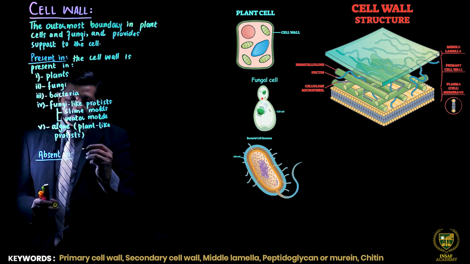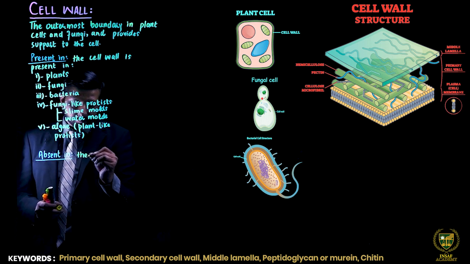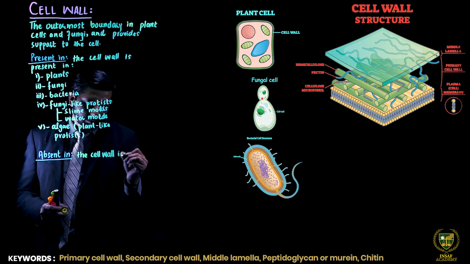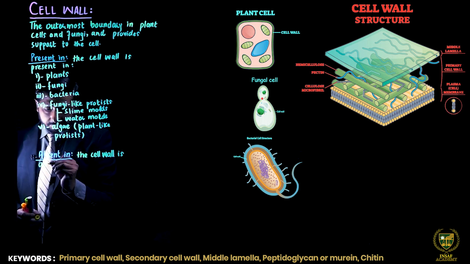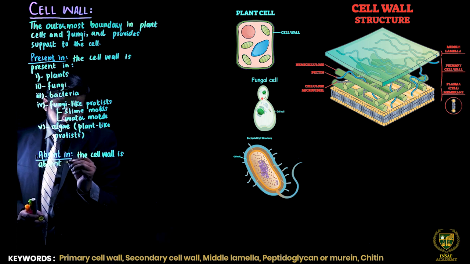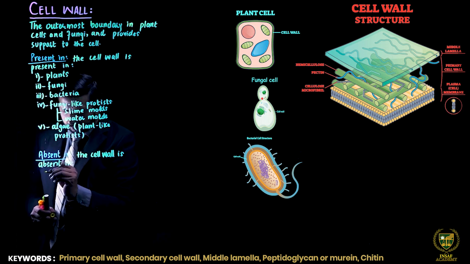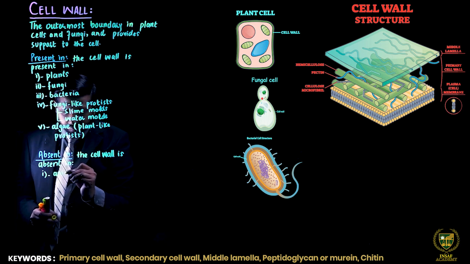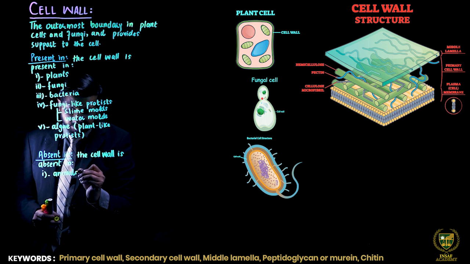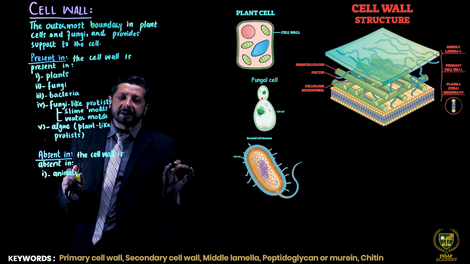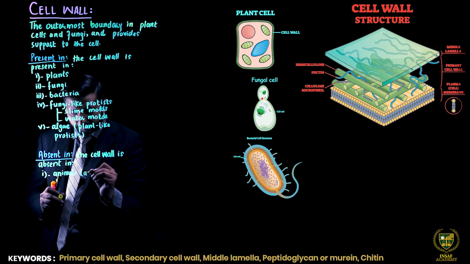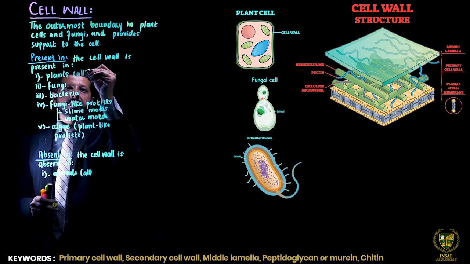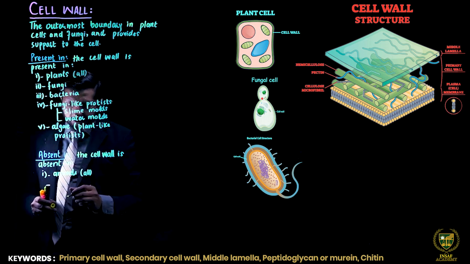The cell wall is absent in number 1, the animal cells, all animal cells. Clear? All of them, and all plant cells over here. Clear? And